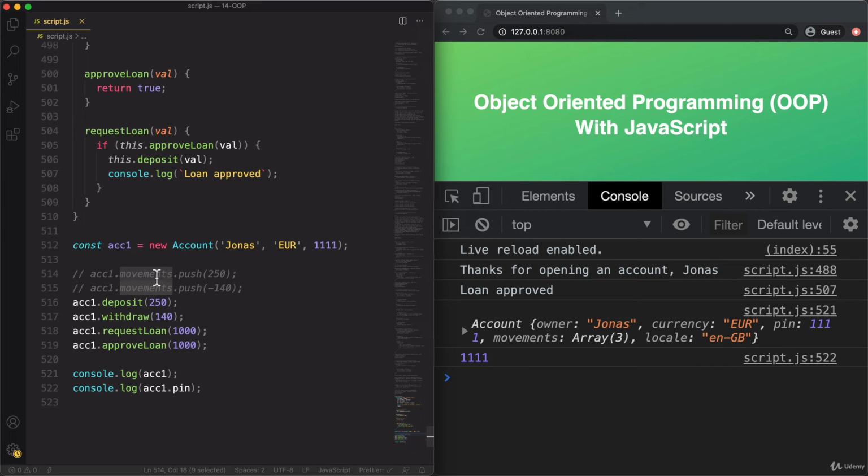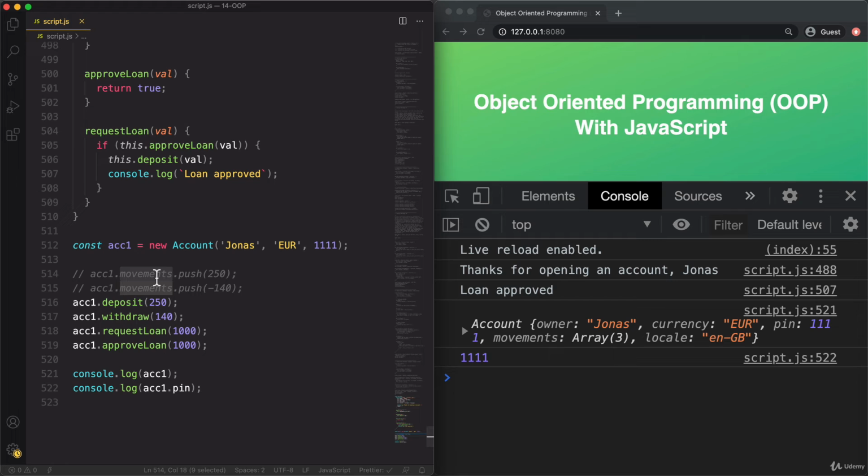Now, the second reason is that when we expose only a small interface, so a small API consisting only of a few public methods, then we can change all the other internal methods with more confidence. Because in this case, we can be sure that external code does not rely on these private methods. And so therefore our code will not break when we do internal changes. So that's what encapsulation and data privacy are and the reasons for it. And so let's now actually implement it.